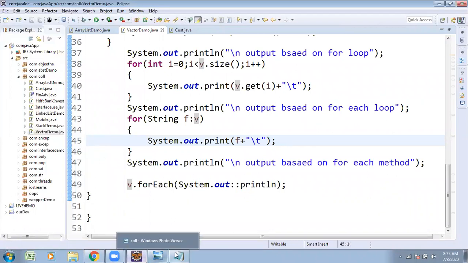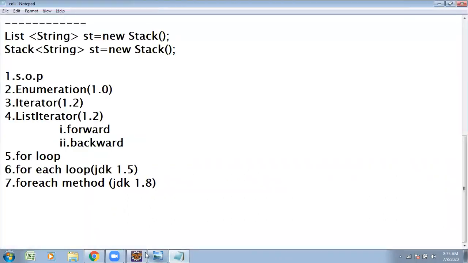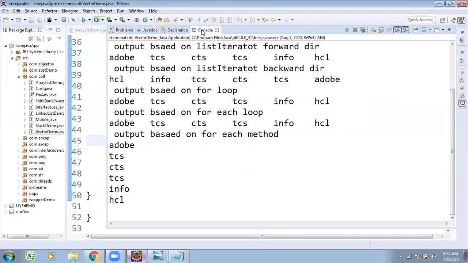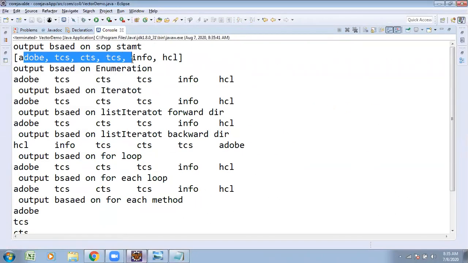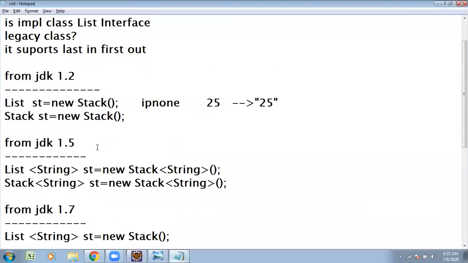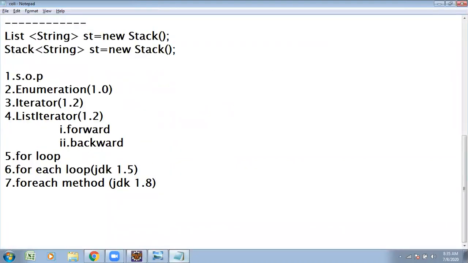In this presentation, I showed you different types of retrieval of collection elements. So this is there, this is there, this is there. N number of ways, all are the same only. Why? Because the elements are the same only. There are different techniques. So what is the need of those techniques? In the interview round, they may ask the question: what is the difference between enumeration, iterator, list iterator? We wanted to concentrate, a sure interview point of question.